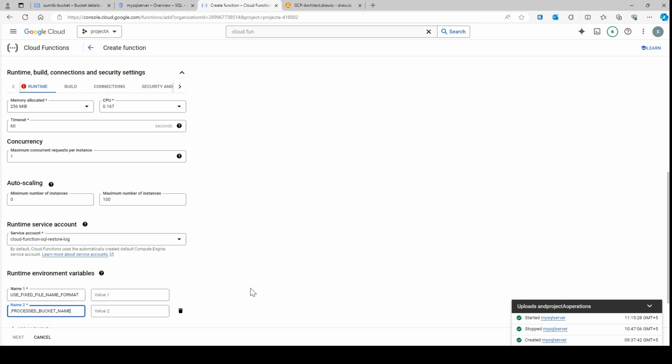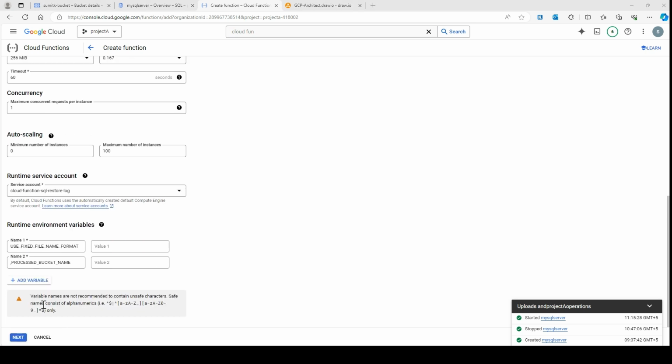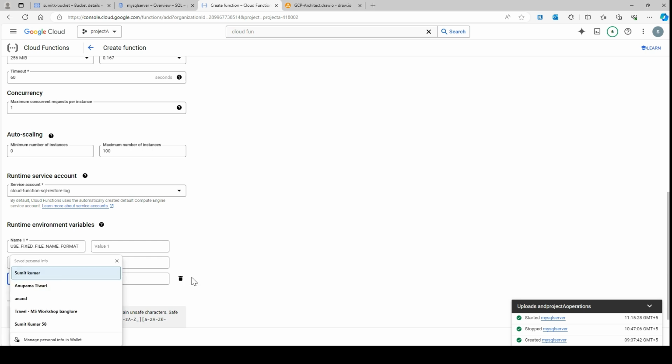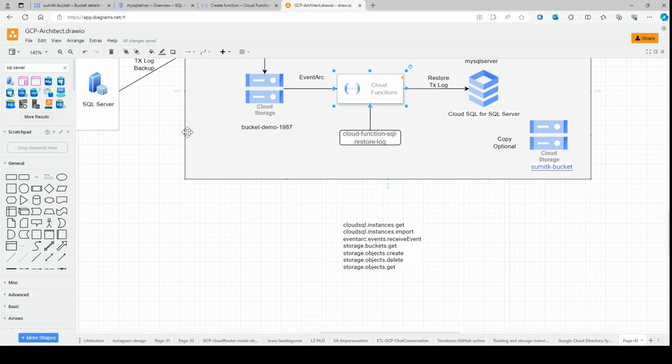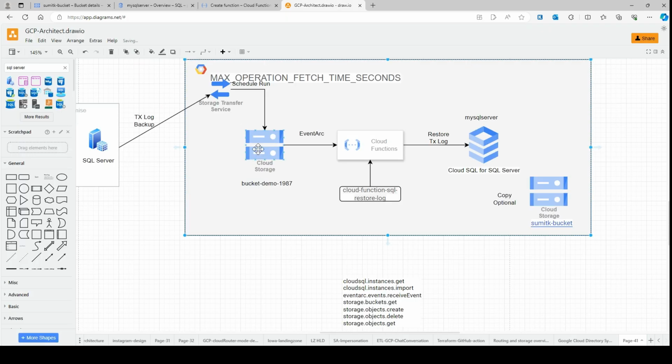Process bucket name and max fetch time seconds. This is what I have defined in my code. The code itself is also given by Google Cloud. So basically you use fixed file format name. What happens is that I have a database backup file, which needs to follow a fixed format. Let me just show you in here. The file name which is getting stored,